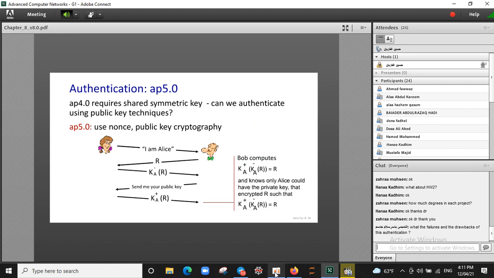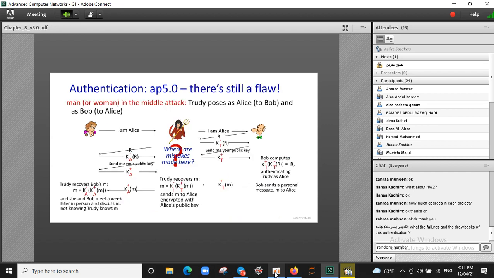Is this strategy safe here? Is it enough? Is it complete? Yes or no? It's a good question. Let me show a man in the middle attack or a woman in the middle attack. What is this attack? In a man in the middle or woman in the middle attack, a man or woman sits